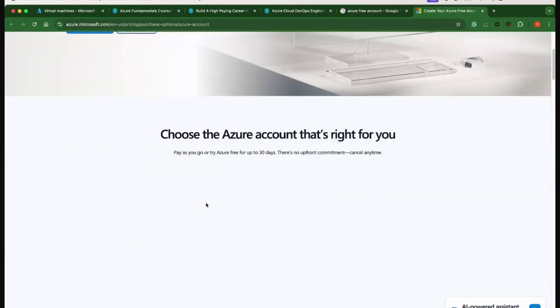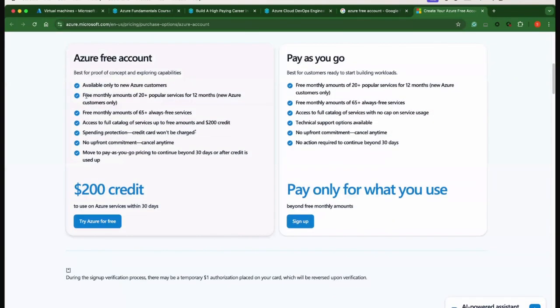If you go here and scroll down, these are the conditions. As soon as you register for a free account, you get $200 credits, and these credits